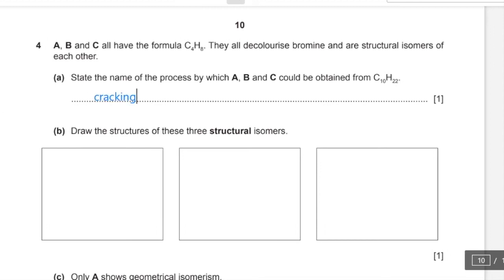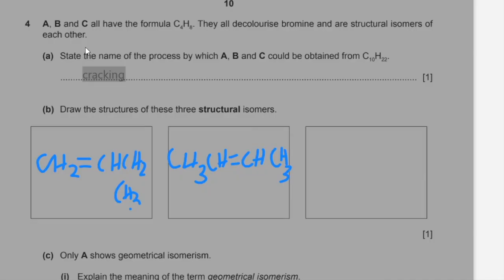B. Draw the structures of the 3 structural isomers. So in the first 2, obviously, what you can do is place the double bond between the first and second carbon atom, and in the other one you can place it between the second and third carbon atom. In the third one, you can have this alkyl group bonded to this carbon over here, and the first carbon bonded to 2 hydrogen atoms only. So you can write that as